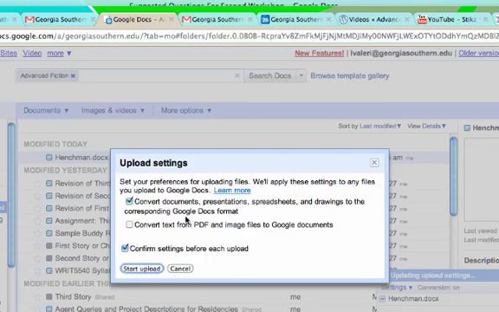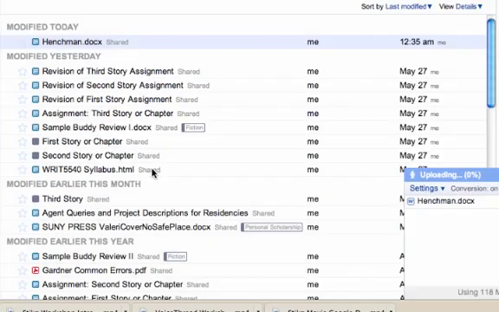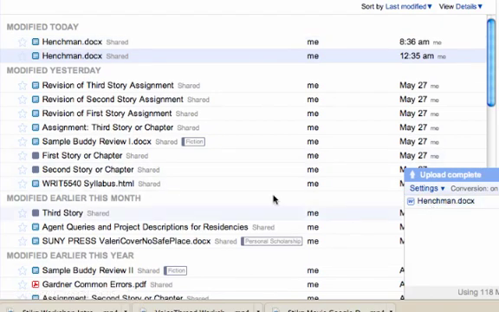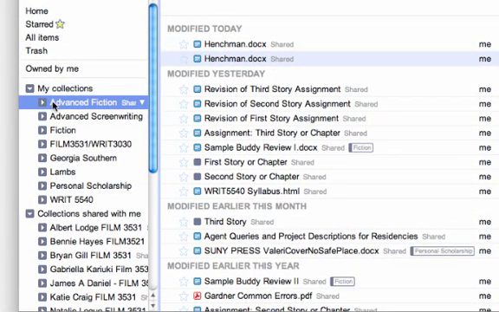And then Google asks if it's okay for me to convert the document, presentation, spreadsheets, and drawings to the corresponding Google Docs, which I think is fine, so I'm going to leave it checked. And then confirm setting before each upload sounds like a reasonable idea, so I'm going to leave it checked as well. And then I'm going to start the upload. And there you have it. Now this file, I already had it, but it appears here in the folder that I designated, which was Advanced